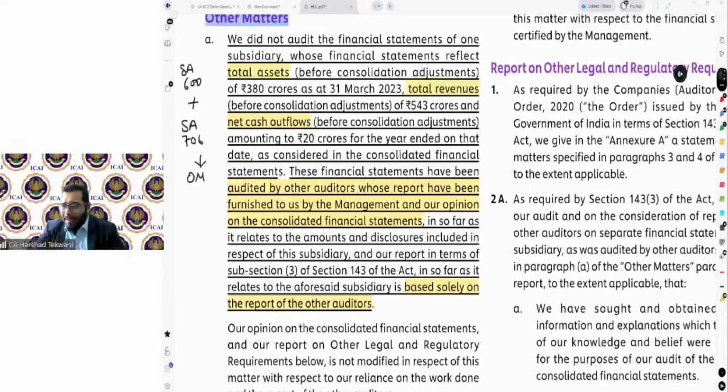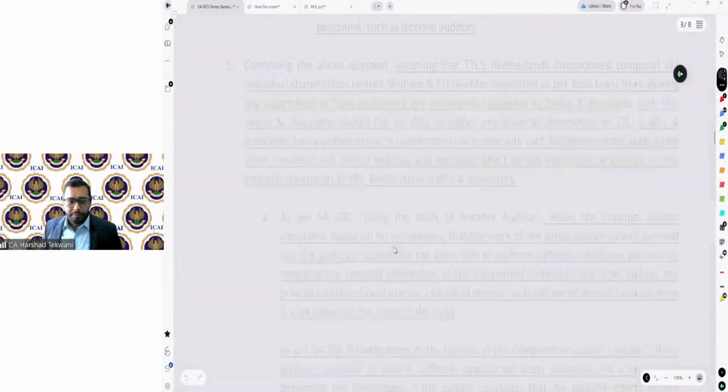Yes, EOM and other matter paragraph are different. There is a whole chapter on that particular topic, SA 706. From the next lecture, we will be starting SA 706, and in that case, I will be explaining the requirements of the SA 700 series, or you can say each standard in the 700 series in detail, because those are very important standards. Okay, let's go back to the questions.